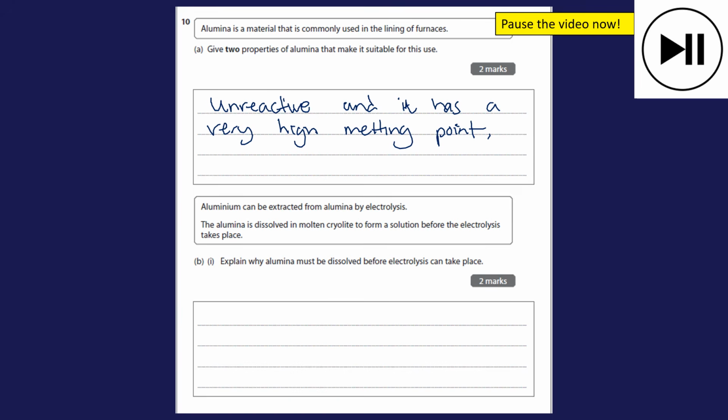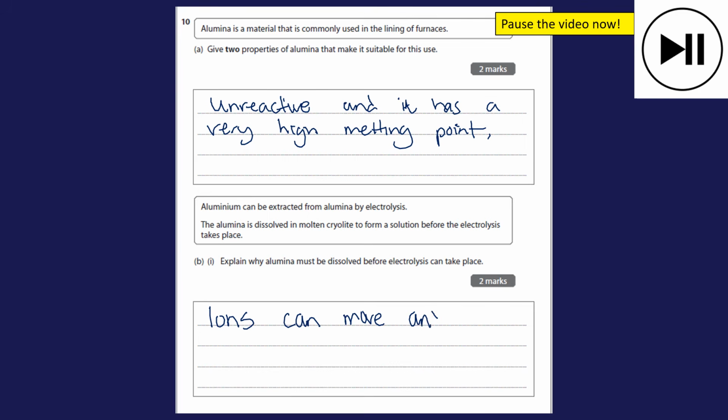Aluminium can be extracted from alumina by electrolysis. The alumina is dissolved in molten cryolite to form a solution. Explain why it must be dissolved before electrolysis can take place. Well, if the alumina is solid, the ions can't move. If it's dissolved, the ions can move. So ions can move